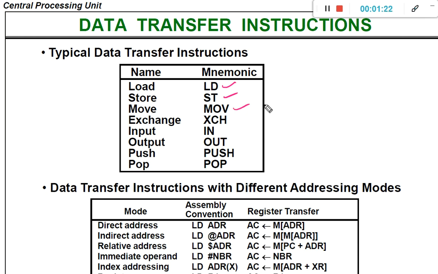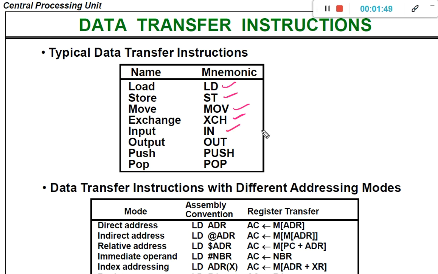Move is going to move the content from one register to another register or from one memory location to another memory location. Exchange instruction is going to perform the swap operation between the contents of two registers or between the contents of two memory locations.